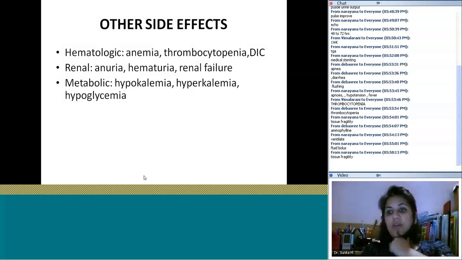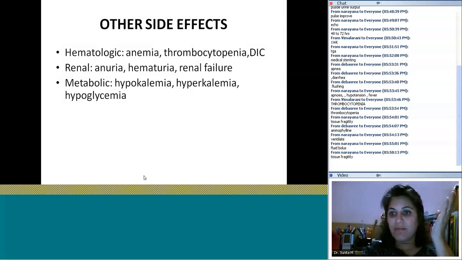Any other side effect, guys? Long-term side effects of prostaglandin. If a patient is on prostaglandin for weeks, I told you maximum reported is 140 days on prostaglandin. Of course, in India, we don't give it for that long because of cost, and ICU stay cost, we generally take a decision much faster. So other side effects, and you need to know this.